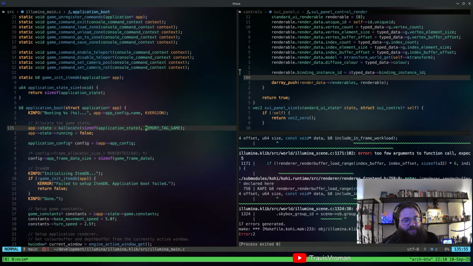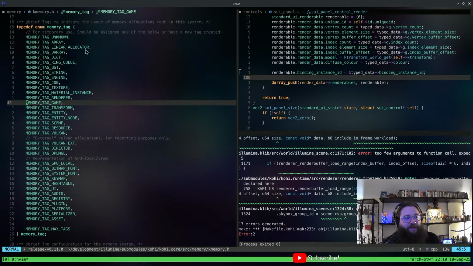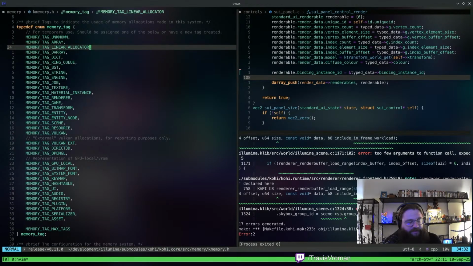So we have these memory tags that every time we allocate, we tag each of those allocations. And we have all these categories that we can tag. My intent there is to use these tags to group like allocations together in different blocks of memory, and potentially even use a different type of allocator under the hood for some of those things. Some of them don't really matter. Some of them are just for reporting purposes, like linear allocator is one thing, or array or whatever, right?